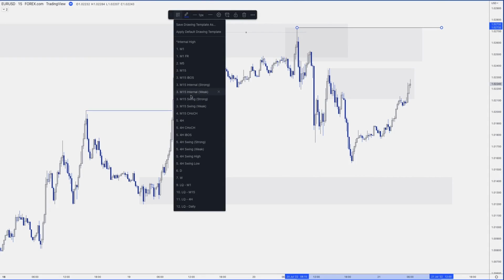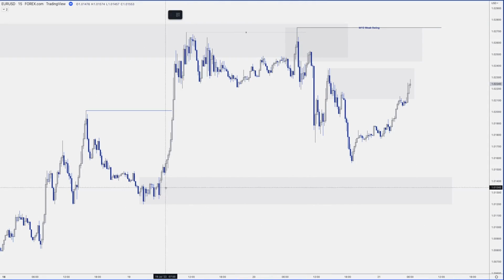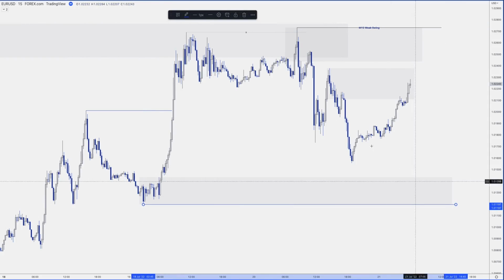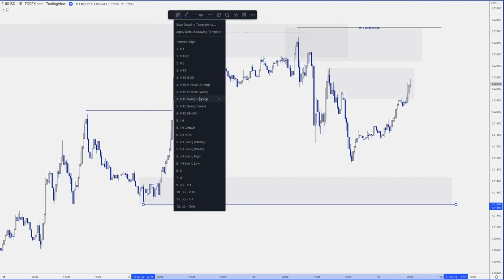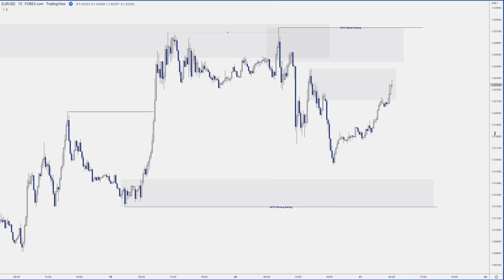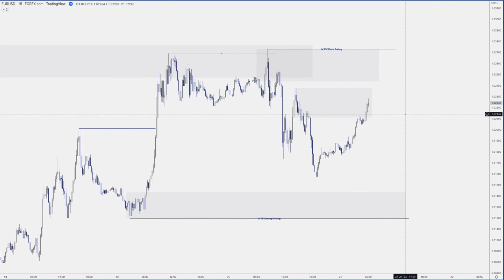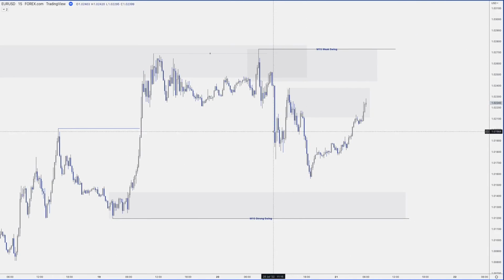Where are we? M15 swing weak. Okay, that took me far too long. And then this being the swing low, obviously the lowest point that had that last breaker structure, which is our M15 strong swing low. Okay, so now we have our M15 swing structure, but we can also look at mapping